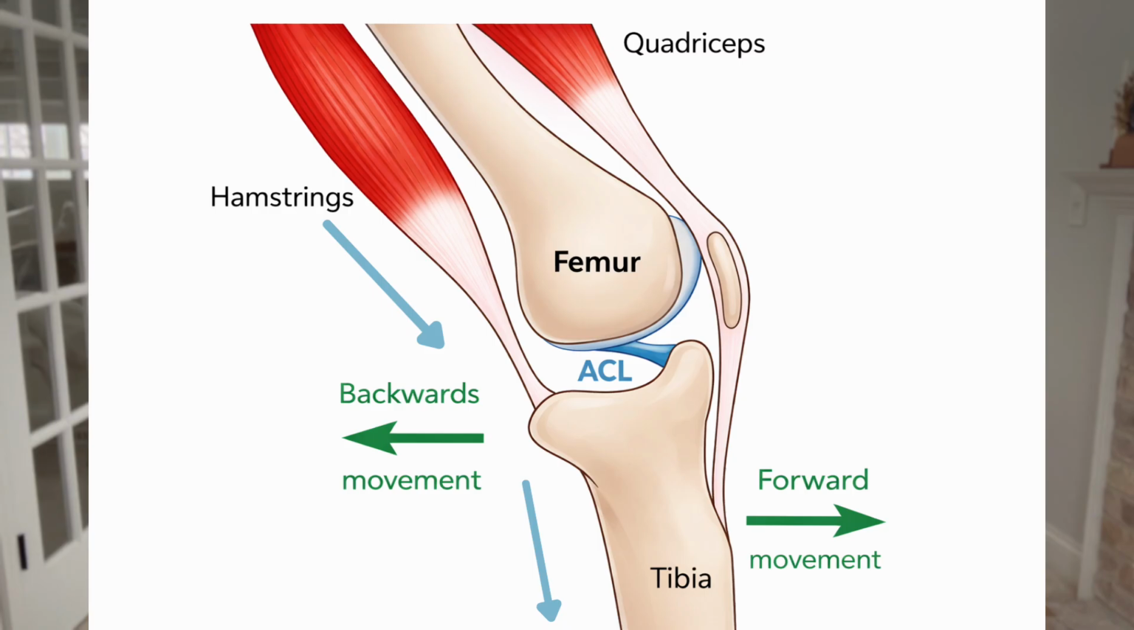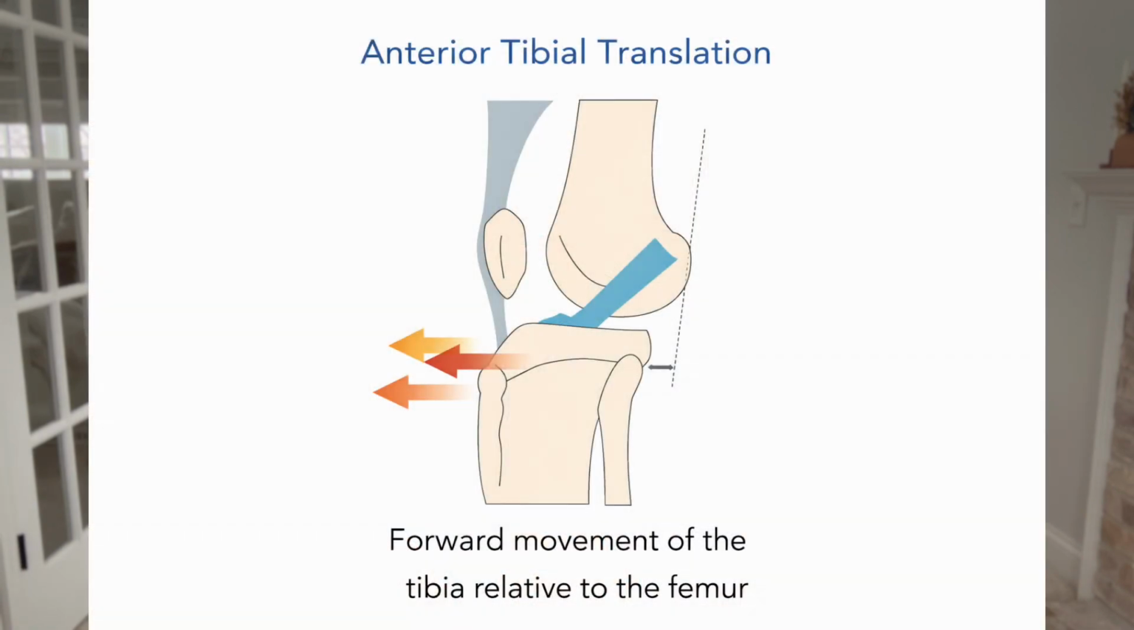So if you have a quad dominant athlete, or an athlete who has too much of a higher ratio of quad dominance versus hamstring strength, that's going to pull the tibia too far forward and cause a little bit more strain on the ACL. So if you have a proportionate strength in the hamstring muscle, that will help counteract the amount of tibial translation, or anterior tibial translation, that the shin is going through, which helps reduce the force on